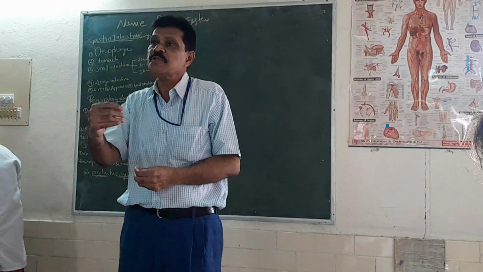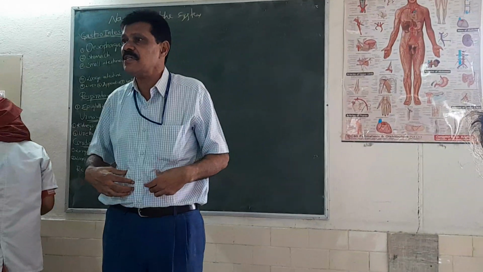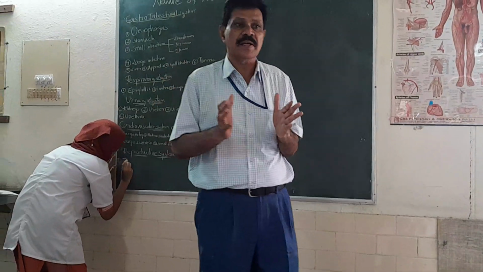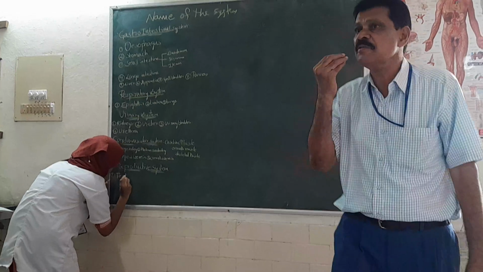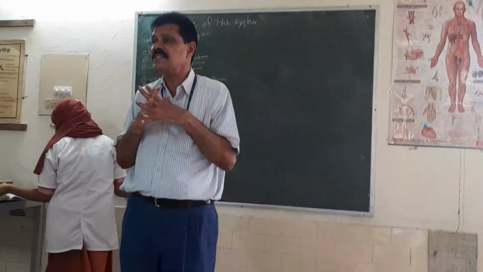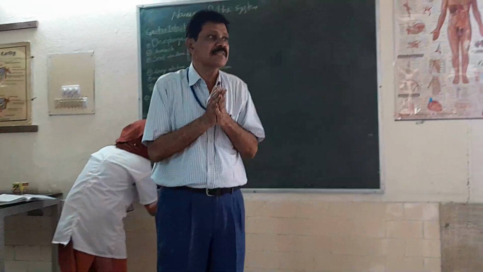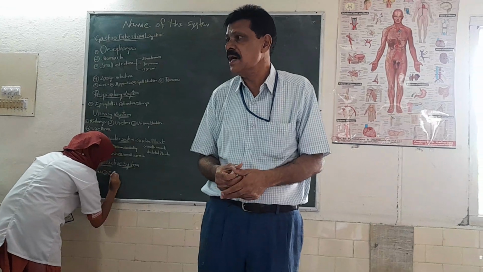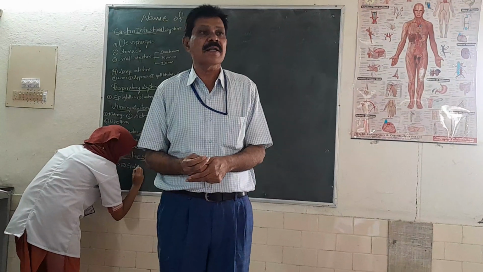Smooth muscle is also involuntary. If you want to move smooth muscle, you cannot move it. In the digestive system, smooth muscle is there. If you want to move it, you cannot. That is why it is involuntary. Voluntary means you are moving your tongue, you are moving your hand, so that is skeletal muscle. Skeletal muscle consists of peripherally placed nuclei, multiple nuclei in each cell.